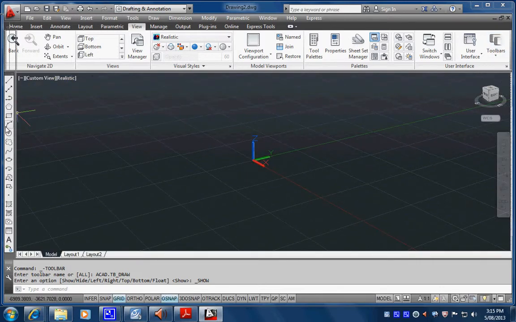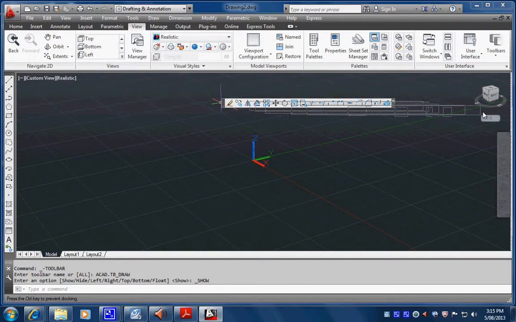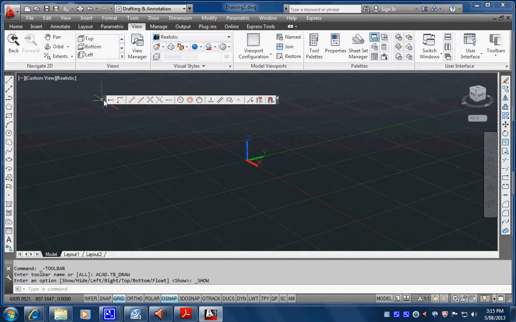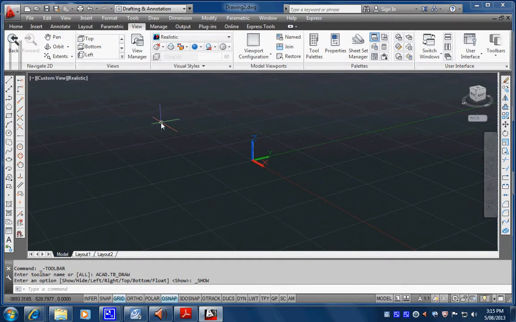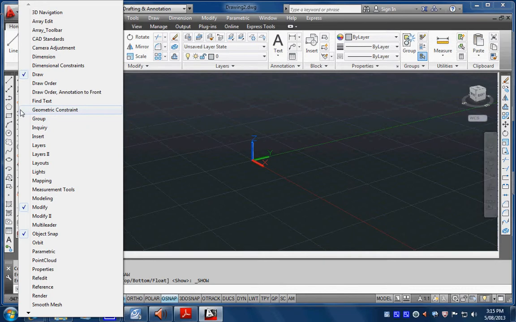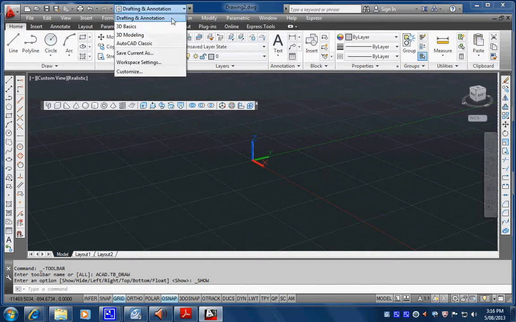All right, so once I've got the first one there, I can just right-click, and it gives us a list of these things here, and we can bring up the Modify toolbar. Again, I'll just drag that across here. There it goes. The other one we want to right-click is Object Snaps, and that can be dragged over here as well. If you're using 3D, there are a number of ways you can bring up 3D commands. One way is to display a few more toolbars that relate to 3D, and one of them is the Modeling toolbar. That will give us quite a few of the commands that we're going to use here today. And the other way will be to change this up here so that it's actually